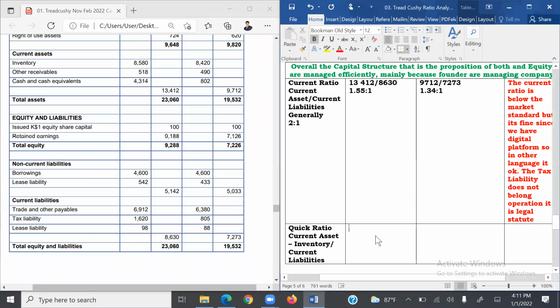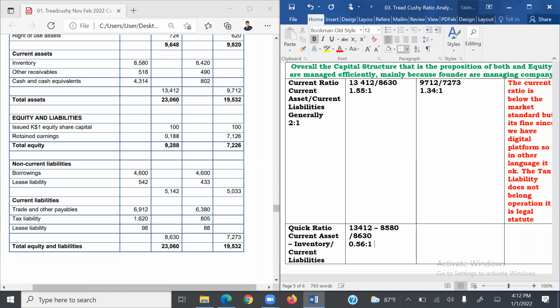So let's work on that, students, the quick ratio. So I'm taking 13,412 as usual. That is the current asset. Of that, students, I am deducting the inventory, which is 8,580. And I'm going to divide by 8,630. So we can do this, students. It's not so complicated. 13,412 minus 8,580 divided by 8,630. So the correct answer you need to get is